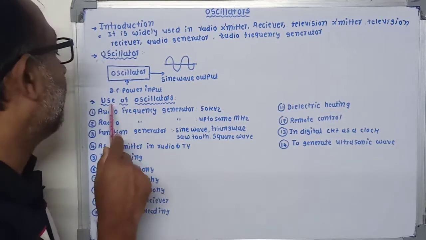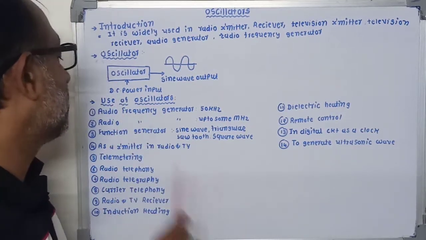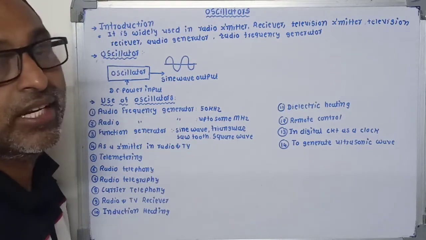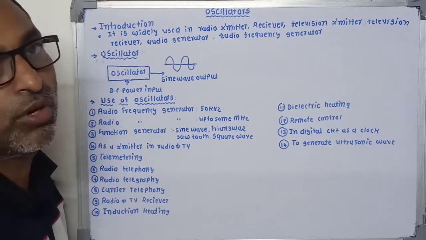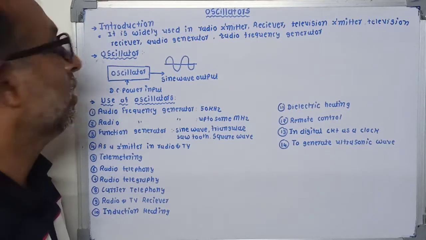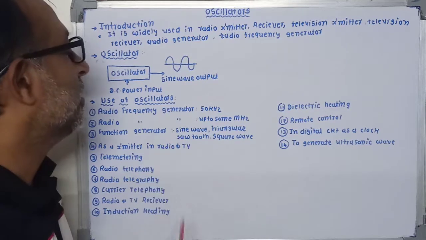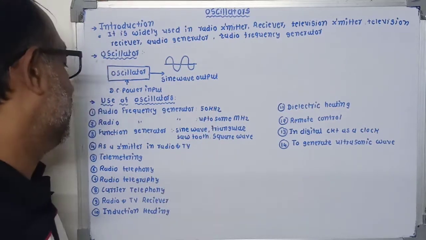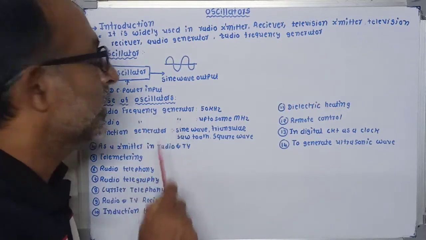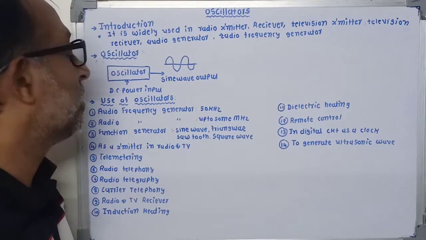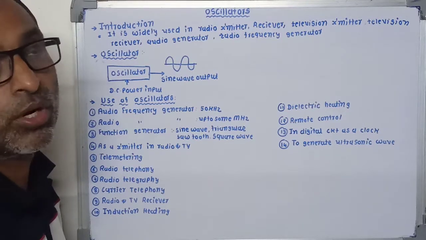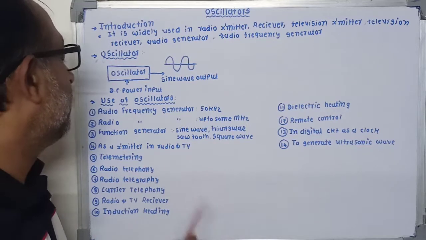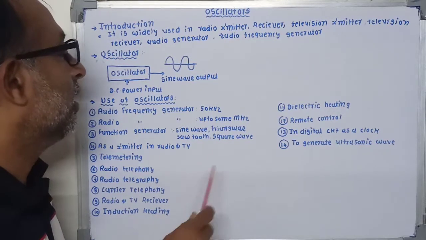Now next, the different uses of the oscillator. First, audio frequency generator. This audio frequency generator is widely used in the laboratory for practical purposes, and it generates signals up to 50 kilohertz. Second, radio frequency generator. This is also used in the laboratory for practical purposes or testing. It generates a signal up to some